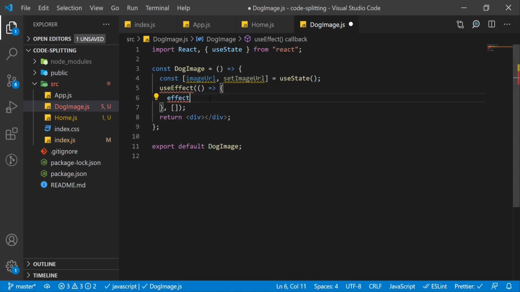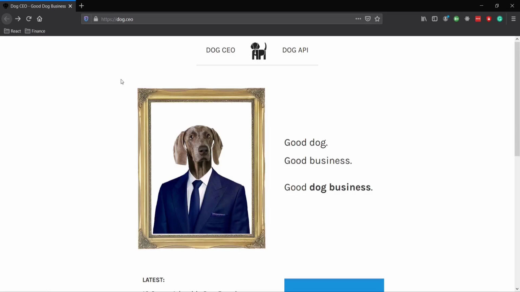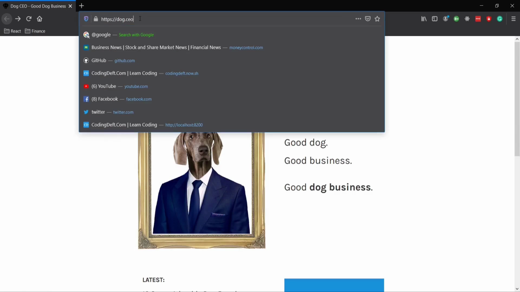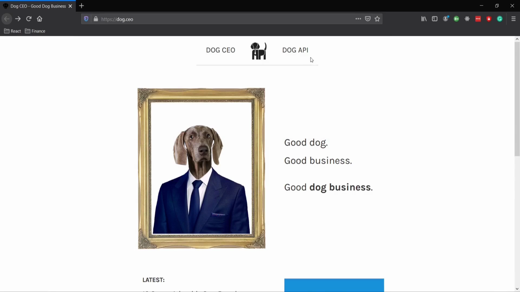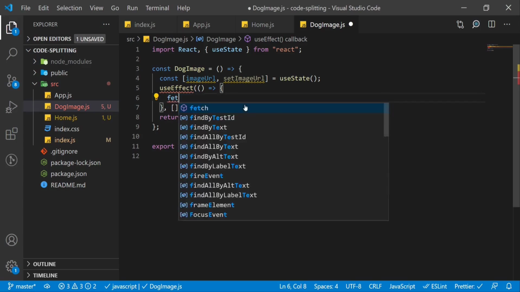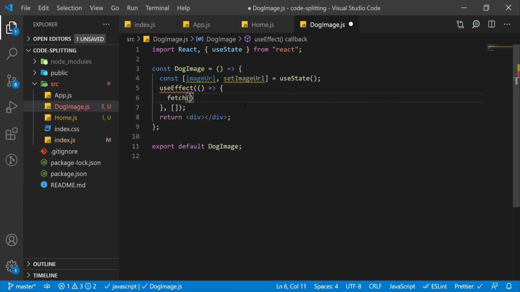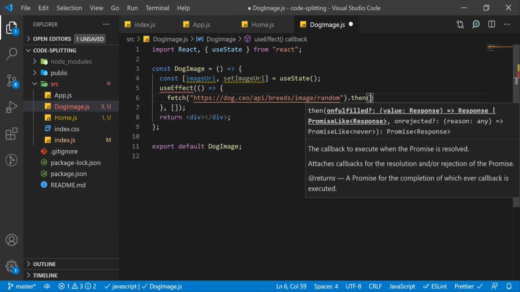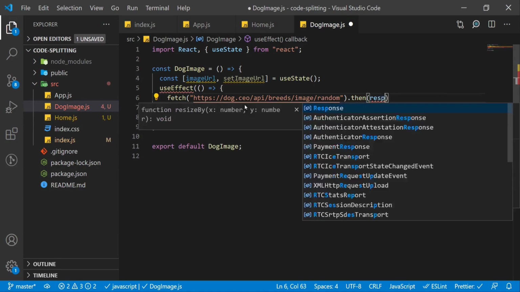Before writing our effect, there is a nice little site, dog.ceo, where you can fetch a random dog's image. So let's go to the dog API and see what we have here. There is an API URL which will give you the dog image URL. So let's copy this and call the fetch function with this URL, and in the success handler you will get the response,